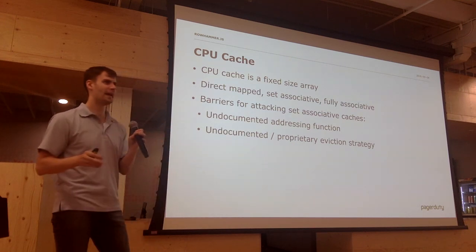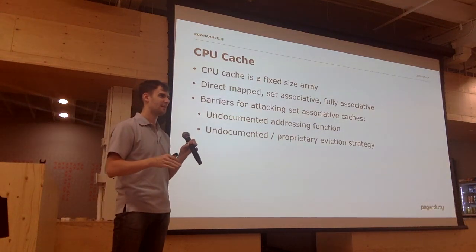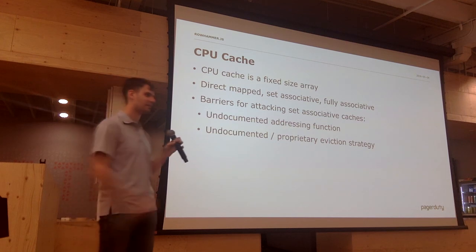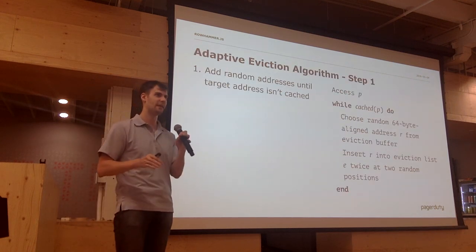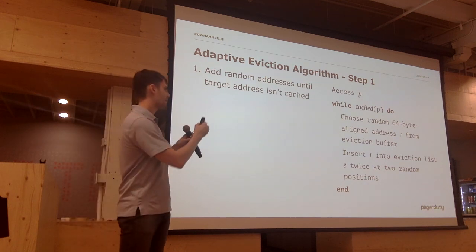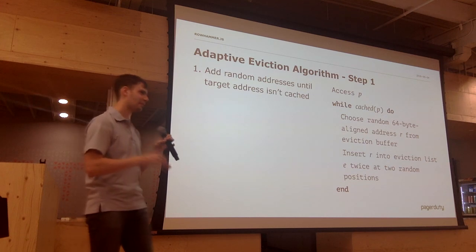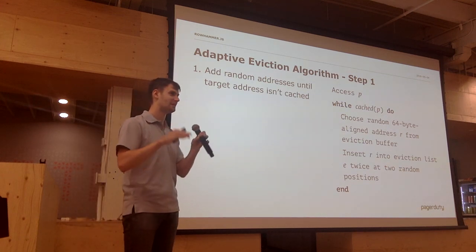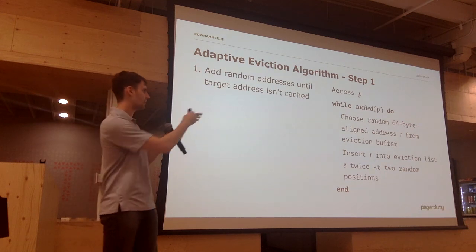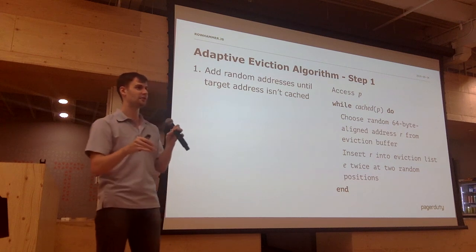Ideally, we want some way of figuring out a cache eviction strategy that doesn't really depend on what that address function is or what their eviction strategy is. And that's one of the big things that they created in the paper. So this is pseudocode. Actually, they released a new version of the paper just a few weeks ago. It's probably the one that you read if you read the paper. They had an older version where they focused more on this part. So on the right-hand side is the pseudocode that they came up with, that they ended up implementing in JavaScript,